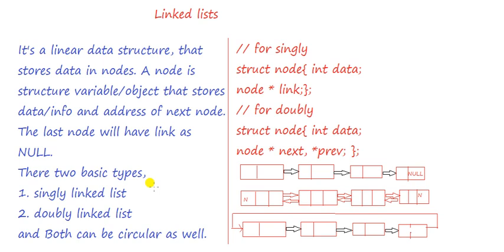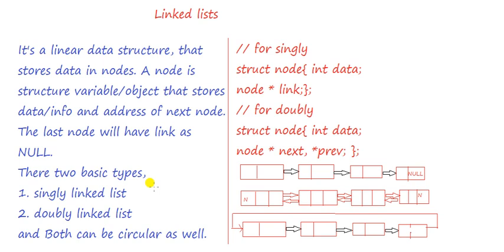So the time complexity will be big O of 1 for inserting a node at the front and for inserting a node at the end in circular. Whereas in non-circular, the time complexity of inserting at the front will be big O of 1, because there is no need of traversing. But if you need to add a node at the end, you have to traverse. Say n nodes are there, then the time complexity will be big O of n. This is how circular and non-circular lists are used depending on your requirement.